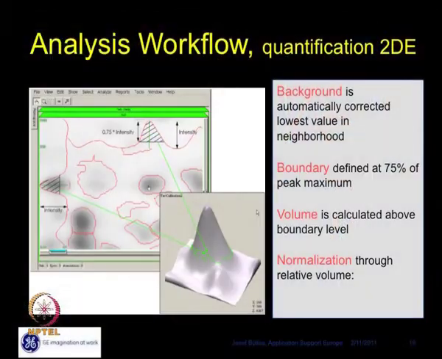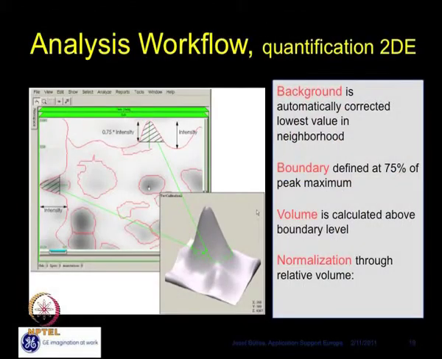In the analysis workflow, now we can see the quantification of 2D gel electrophoresis. There are basically 4 parameters which we are seeing here. The background is automatically corrected, using the lowest value in the neighborhood. Then the boundary is defined at 75% of the peak maximum, so one can easily remove the background.